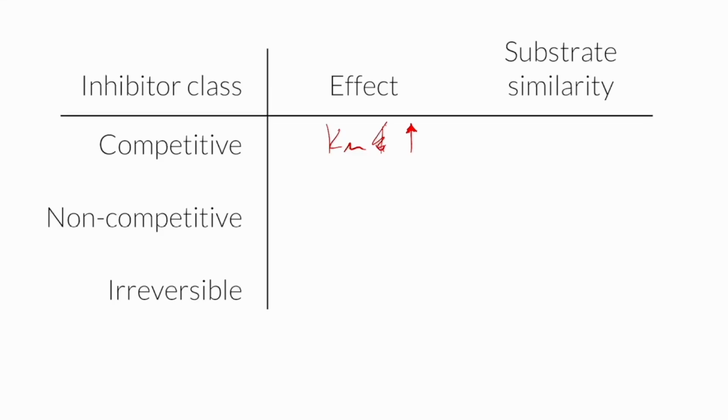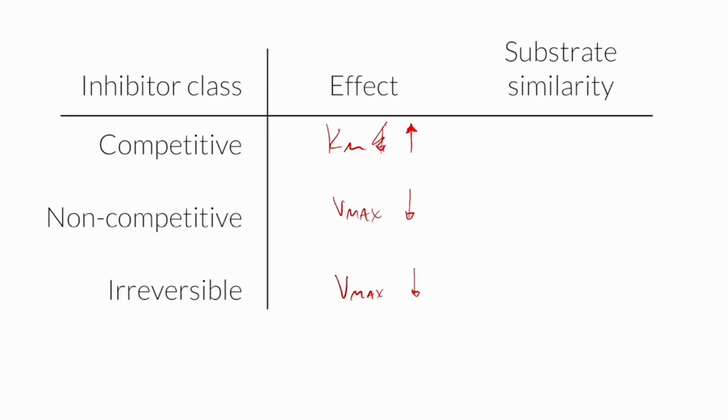A non-competitive inhibitor is going to have the effect of lowering Vmax. You're either tipping the protein into a less active form, so Kcat's going down, or you're putting a bunch of the enzyme into an inactive form, and so your enzyme concentration is going down. And for an irreversible inhibitor, you see something very similar: every time the enzyme binds, it destroys an active protein, so your total enzyme concentration is going down.